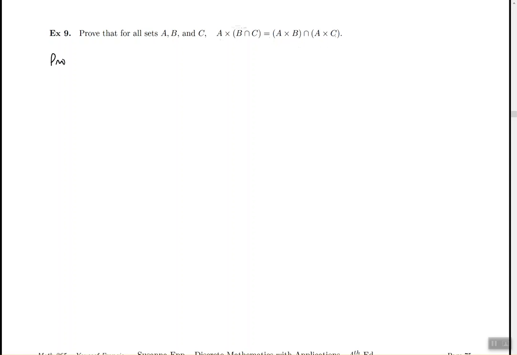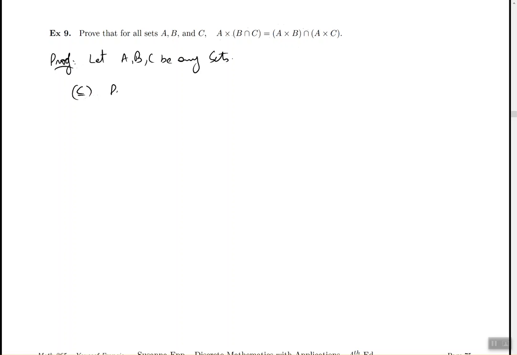So this is going to be a long proof. It's not very difficult. It's just a tedious proof. And I'm going to start the same way as usual. Let A, B, C be any sets. And once I let A, B, C be any sets, there are basically two proofs I'm going to do. One of them is going to be proving that A cross B and C is a subset. And the other one is going to be proving that A cross B intersected with A cross C is a subset. So I'm going to go this direction first.